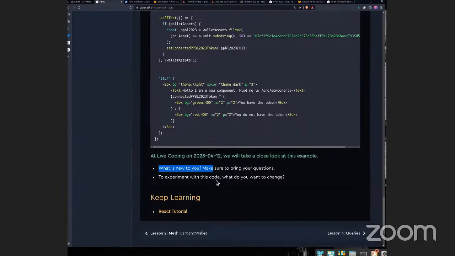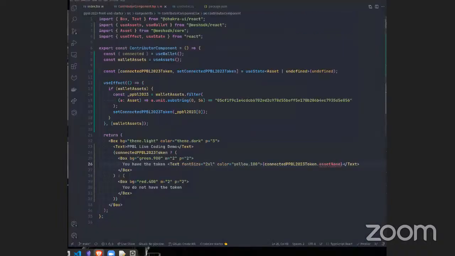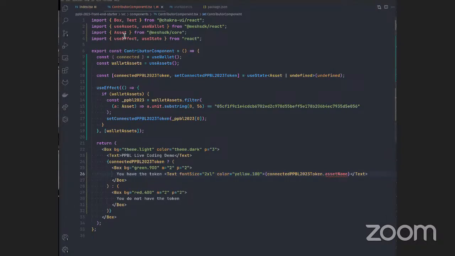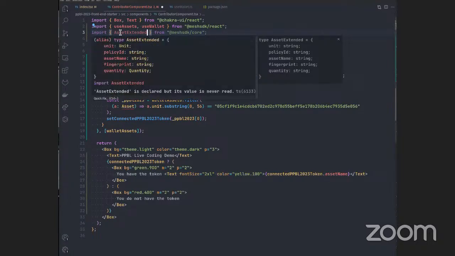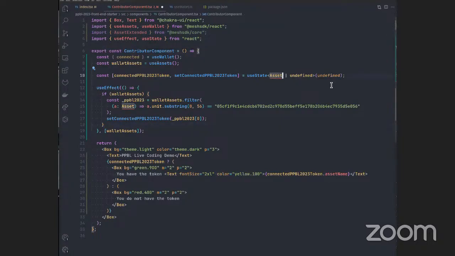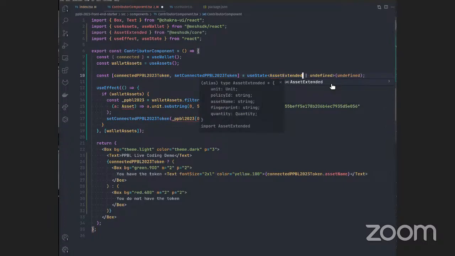Yeah, Claudio, that's exactly right. So there's a type in Mesh called asset extended. And so that was another thing I tried. And this is when I realized that we got to submit a little bug request to the Mesh team. Because I agree, what I really want to do right here is just import asset extended like this. And that part's great. But then if I type asset extended right here, I get a different error